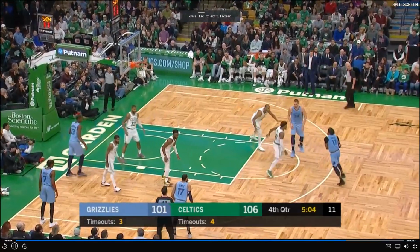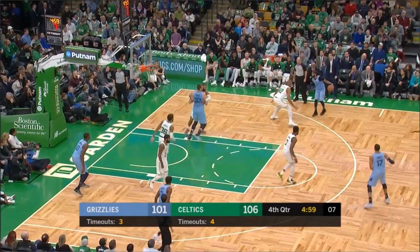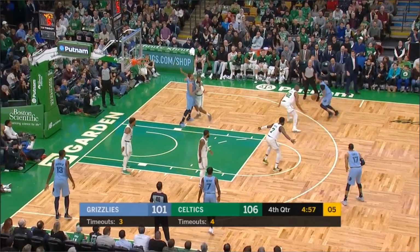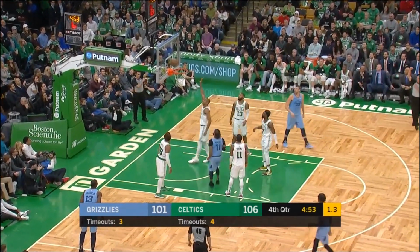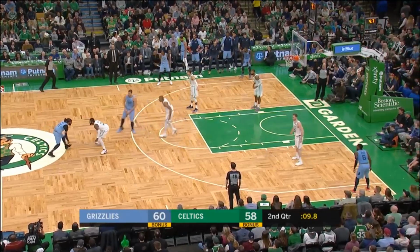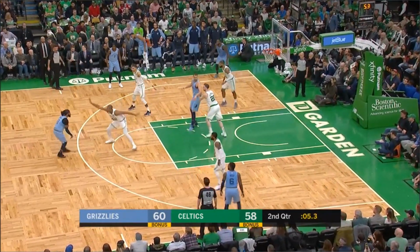The second thing that Conley will help the Jazz with in pick and roll situations is attacking switches. This is something that the Jazz have struggled with, particularly against the Houston Rockets in the playoffs. Not only is Conley really effective in isolation against big men, as you can see here against Al Horford,